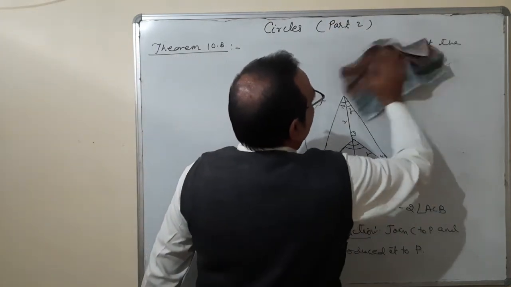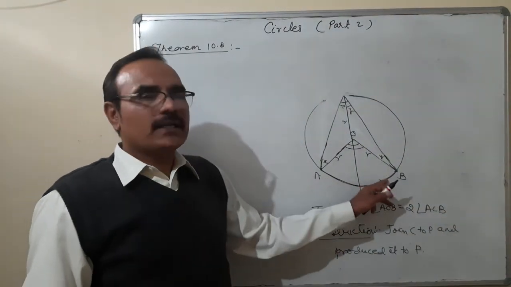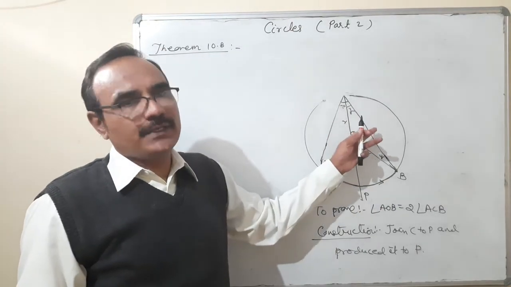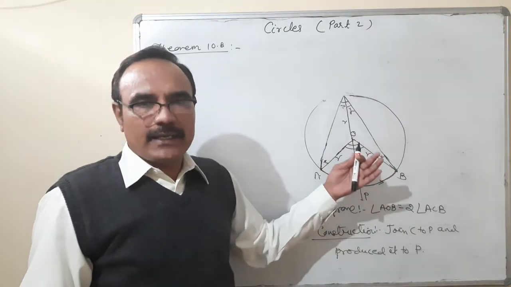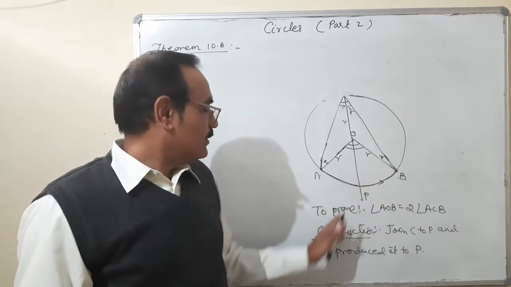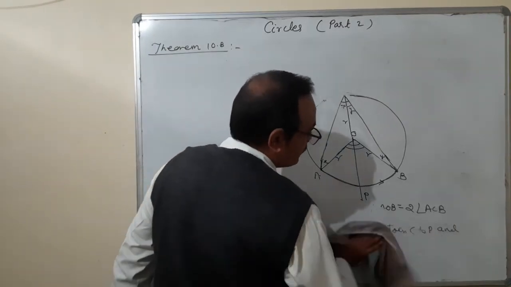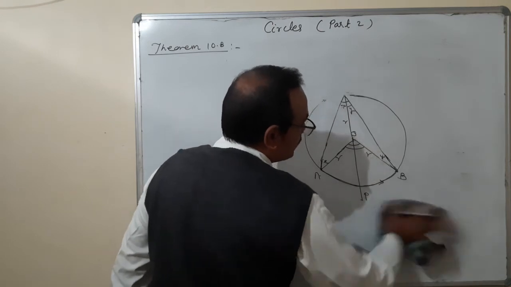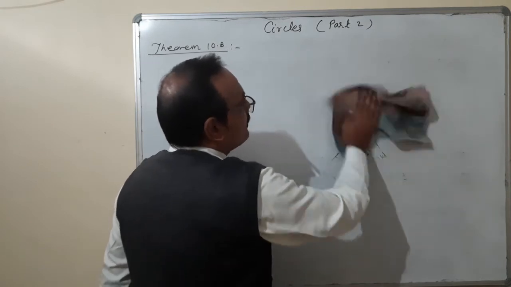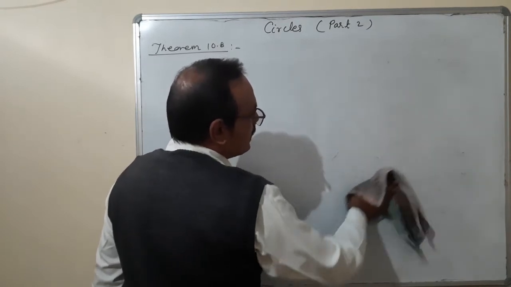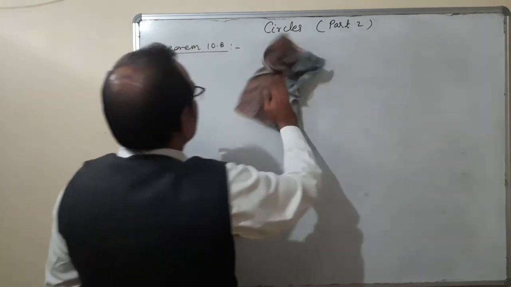By the way, in the book there are three parts given: case 1, case 2 and case 3. First they have taken AB as a minor arc, then AB as a semicircle, and after that AB as a major arc. But you know the procedure is the same whatever arc you take, whether minor, major or semi, and the same reason and result come. So it is not necessary to use cases 1, 2 and 3. You can simply write here that AB is an arc of a circle. This arc may be of any type: minor arc, major arc or semi arc. It is true for all.